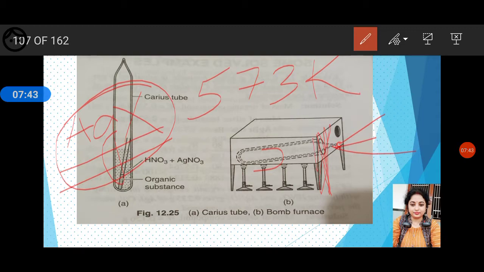Then we have to wash the content. When we start washing, first we use normal water to wash our compound, then we add a little warm water. Before washing with any solvent, we first check whether the compound is soluble in it. If a compound is soluble in a particular solvent, we will not use it for washing. As you know, organic compounds are not soluble in water, they are mostly soluble in organic solvents only. So first with cold water, then with warm water, we will wash the content.